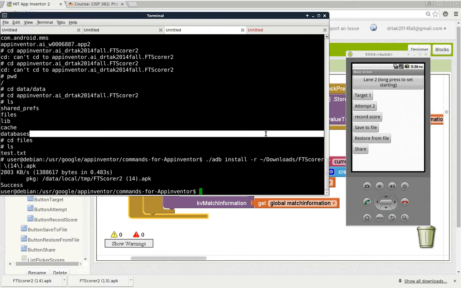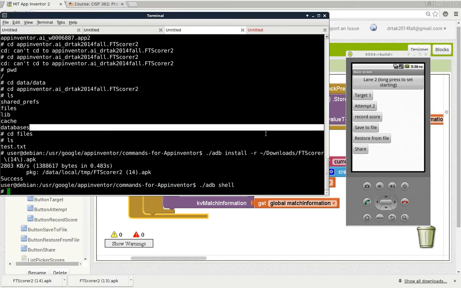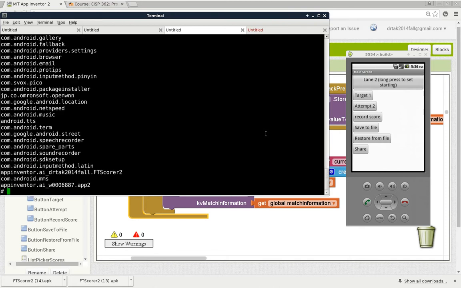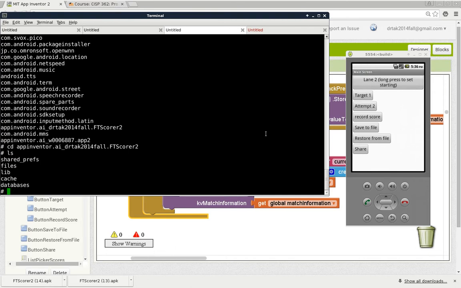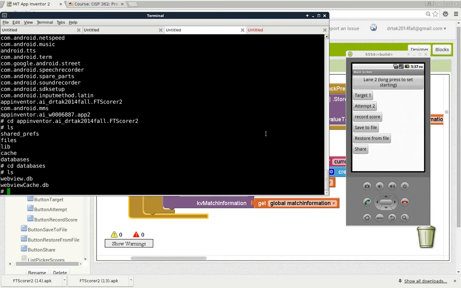Okay. So what we'll do is we'll go back to the shell, and go to /data/data, which is the folder that contains all of the application specific files, and then we'll go to app inventor.ai_doctor tag 2014 fall.ft scorer2, and then do an ls here. And you can probably guess which subfolder contains TinyDB. Databases. Yep. So go to databases, do ls, and sure enough, we have